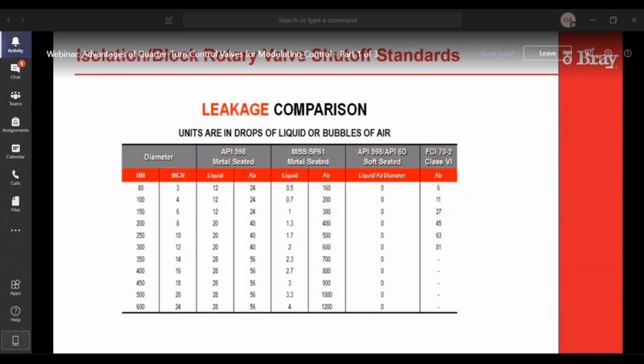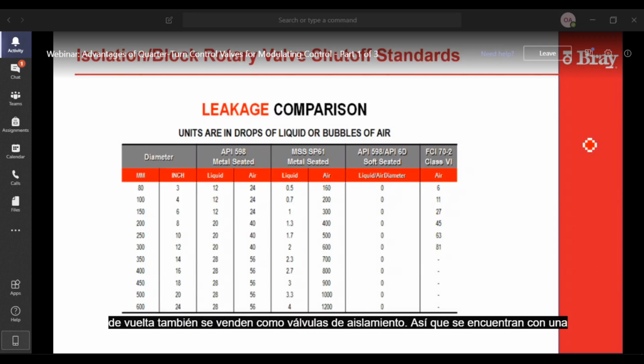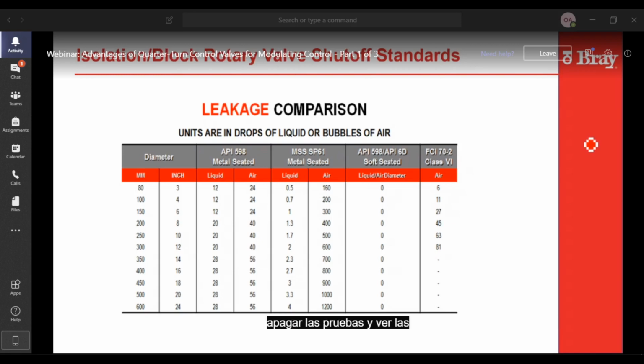Right. So quarter turn valves typically are also sold as isolation valves. So they meet a whole different set of standards for shut-off testing and seat testing at the factory. So you'll find the additional benefit of quarter turn control valves is they're typically tested to block valve standards, and